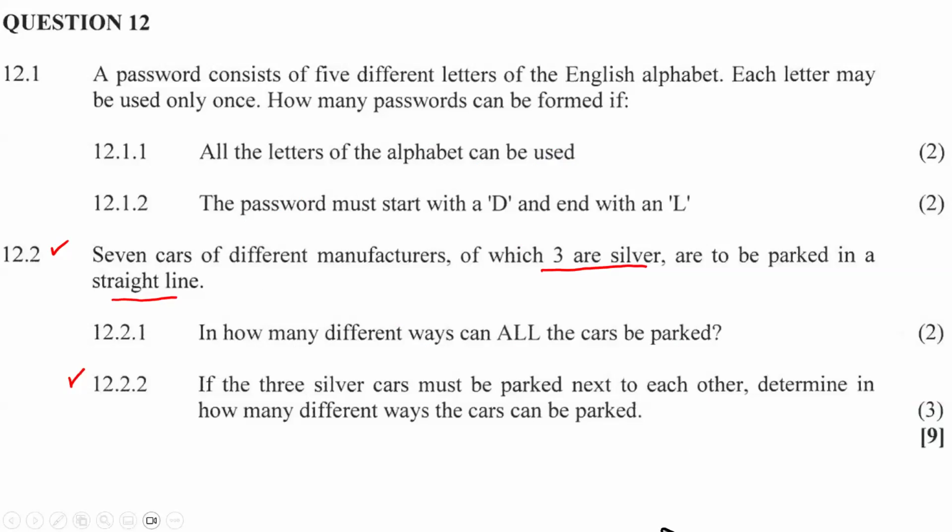But now, you are told that the silver cars must be next to each other. So you must make sure that the silver cars are next to each other. Then the others, you can park them anyhow. But the silver ones must be adjacent to each other. The question is, right, so,